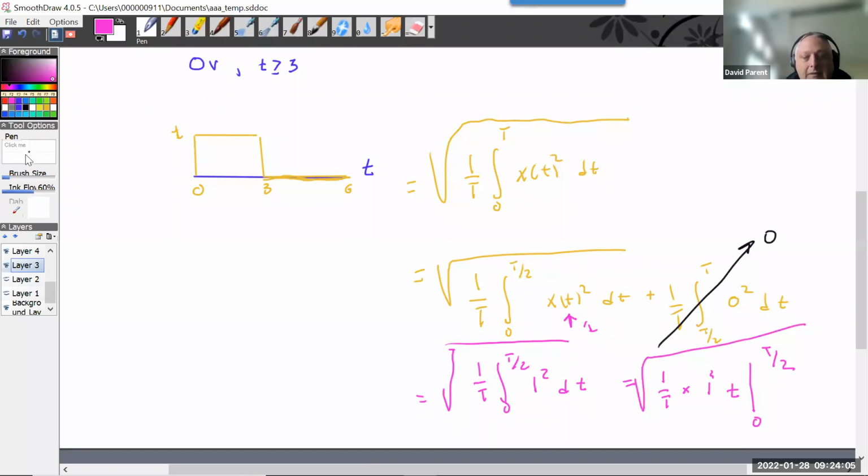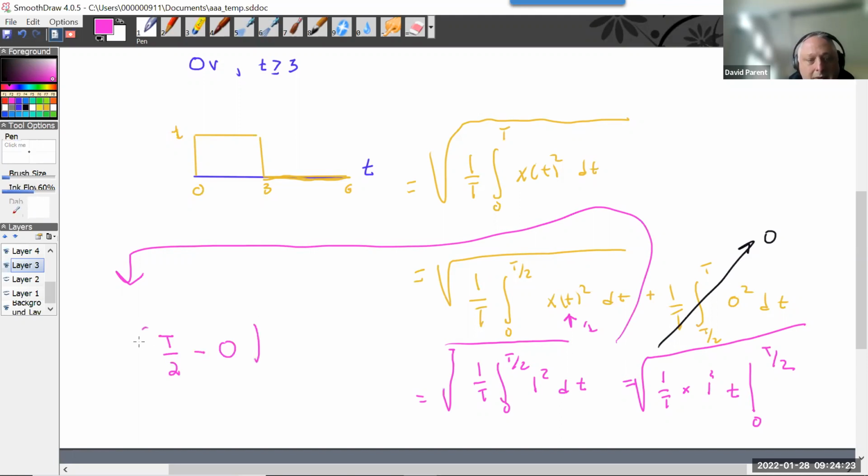And I'm sorry, I'm going to have to, I've painted myself into a corner. So we have T divided by 2 minus 0. We have the 1 squared. We have the 1 over T. The T's cancel. And we get the square root of